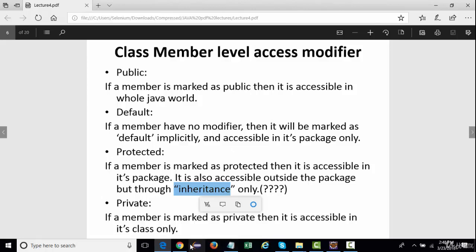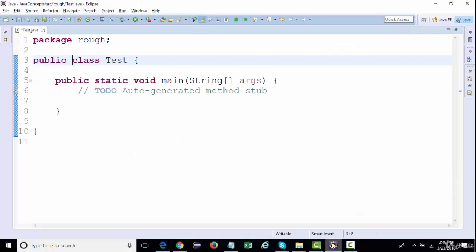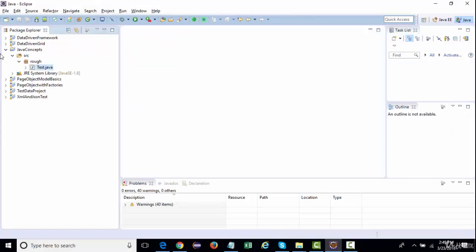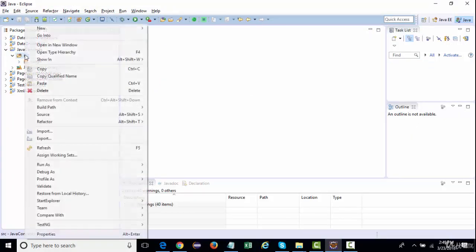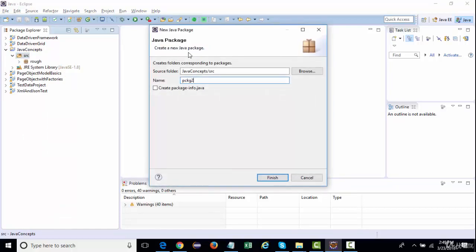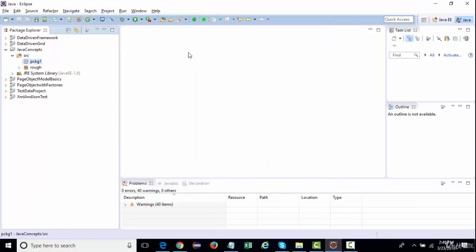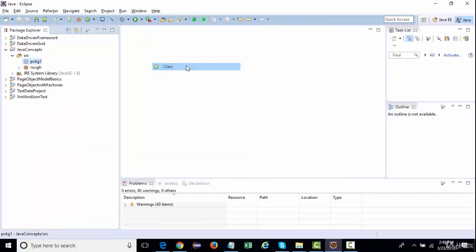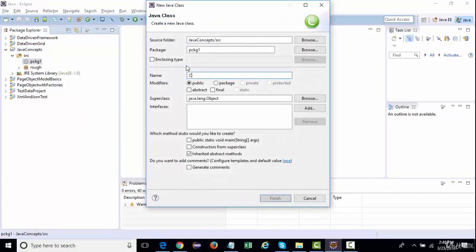Now let's say I go over here and close this and create another package, named package one, right? Inside it, I'm going to create a dummy class. Let's say I name it class A, right?